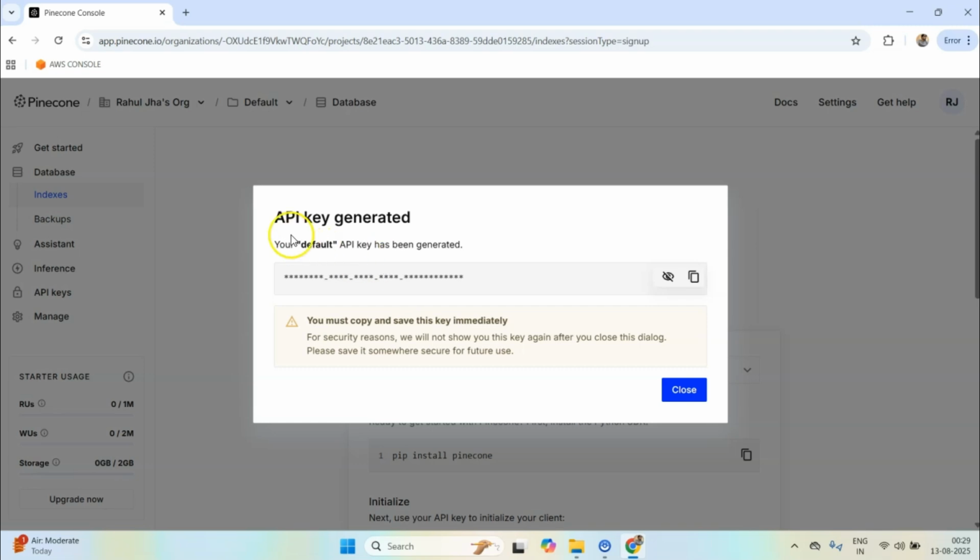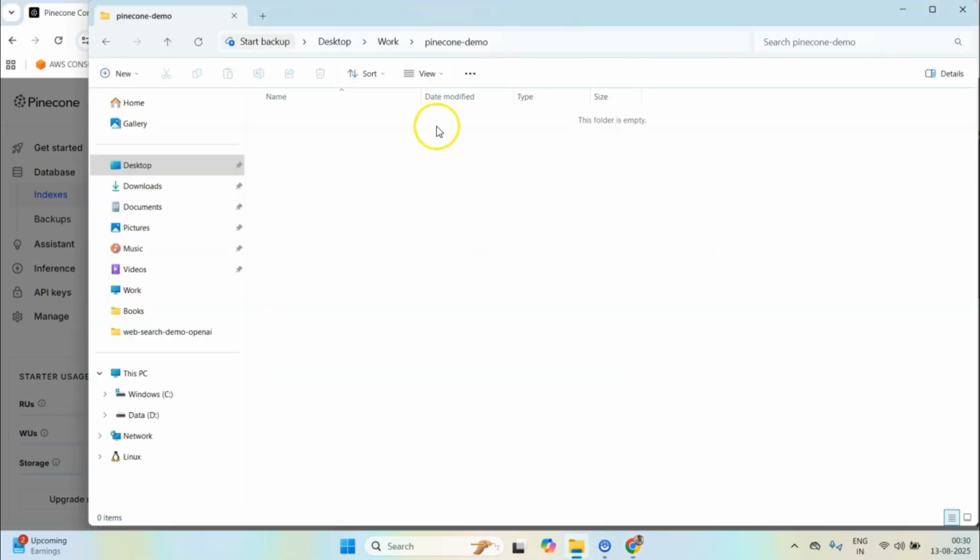Also, when you create a new Pinecone account, you will be presented with an API key which you can copy, although it says that you must copy this immediately because you won't be able to see it later. But it's not true. You can create a new API key if you want,